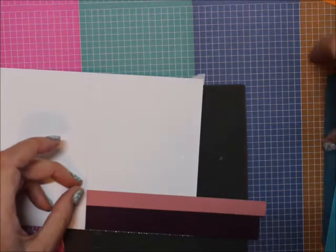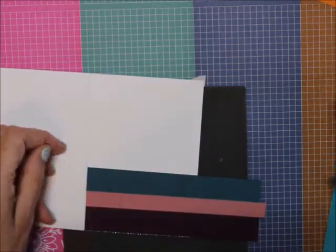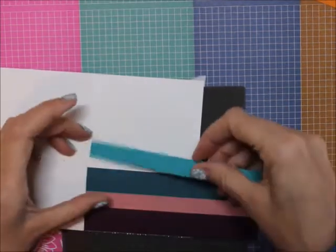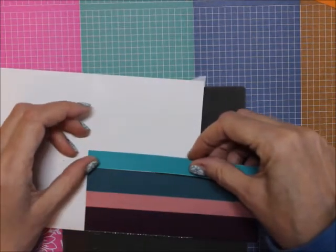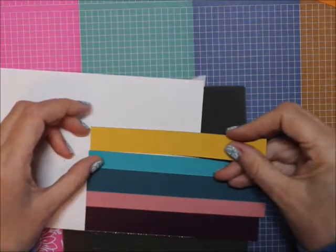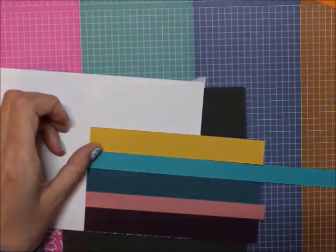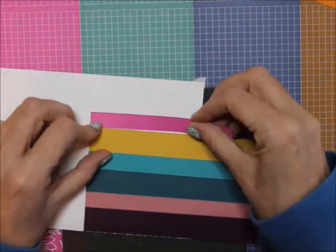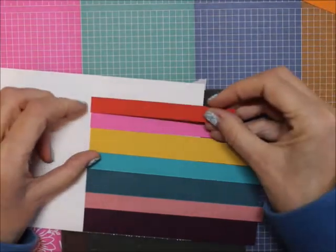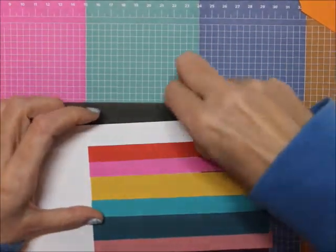And now if you want to do a layered one like we've done before, you can. Just put this on another color, layer it, and then cut it down to the size you want and put it on the note card. I just wanted to do this for a simple type of card. Oops, got a piece of the,